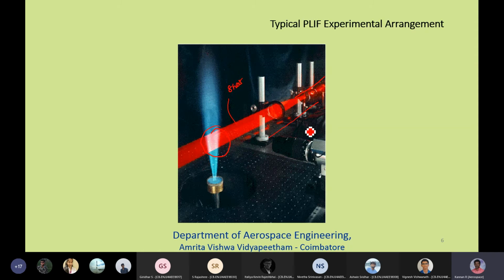And here you can see a camera fixed with filters. A filter is similar to a macro lens. If you are very much interested in photography, you will have macro lenses that we can attach to the camera. We can have a close-up, magnified view, and you can see the micro features.